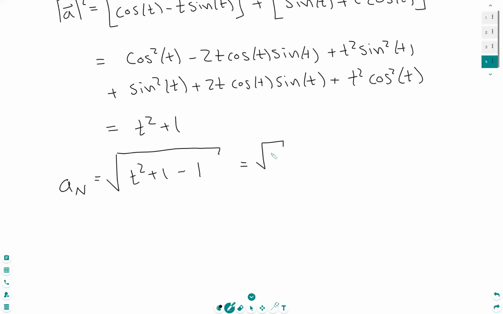So that gives us the square root of t squared, which, because t is always positive, just gives us t. So that means we can write the acceleration as just 1 times at, plus t times n. So we can use the Pythagorean theorem to find an or at or the magnitude of a squared if we know 2 of the others. Okay, with that, I think